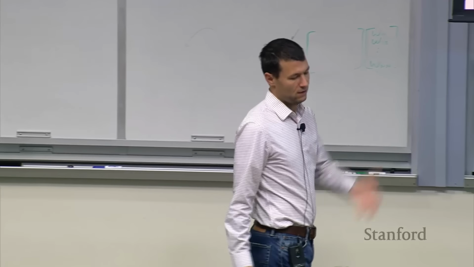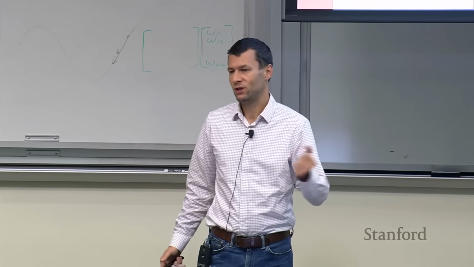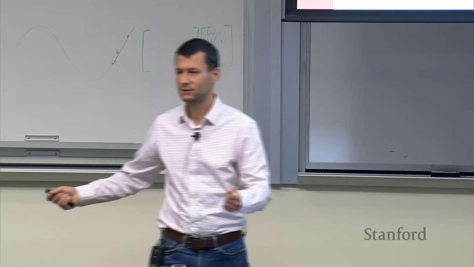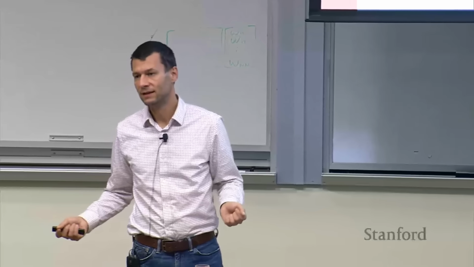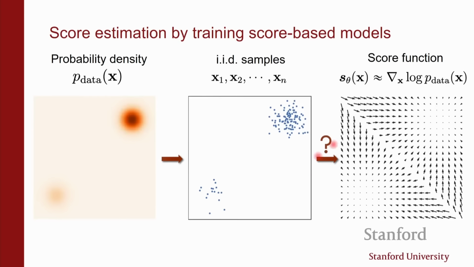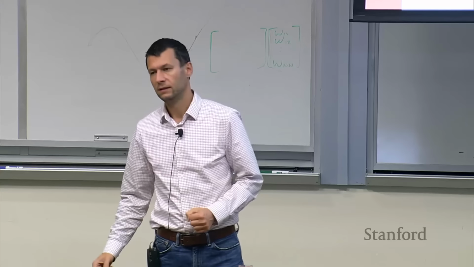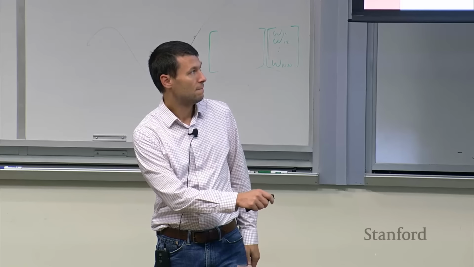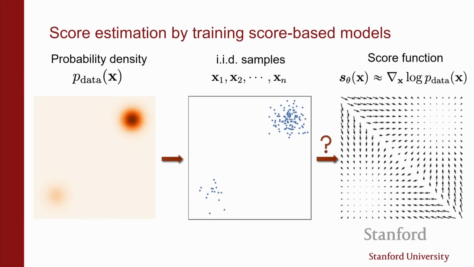But you have the same problem even if you're training by maximum likelihood. You're only given samples. You can try to get as close as possible to the empirical data distribution, hoping that by fitting the samples, you're also fitting the true underlying data density. So we're going to have the same problem in the sense that we only have samples, we have limited data. But the main difference is that instead of trying to fit this scalar function that is giving us the likelihood, we're going to try to fit this vector valued function that is giving us the gradient of the log likelihood, essentially.